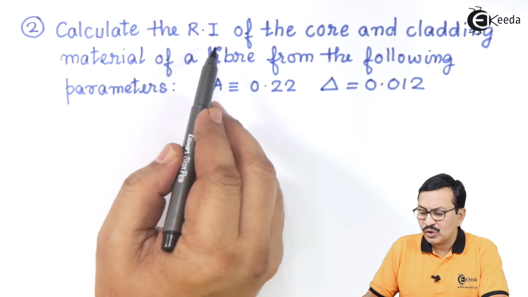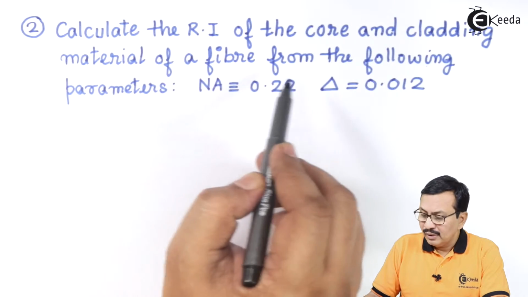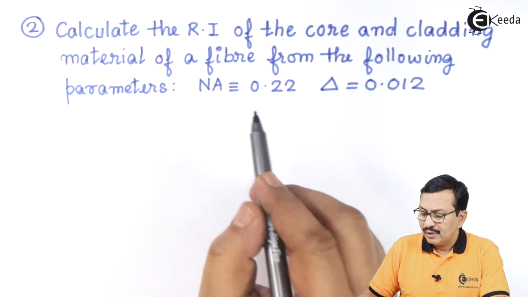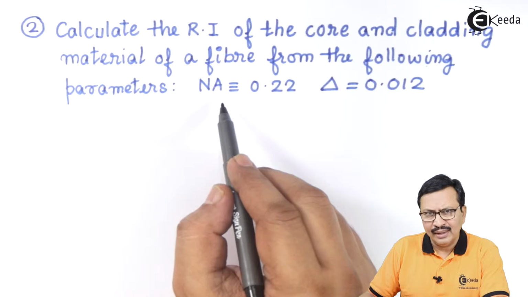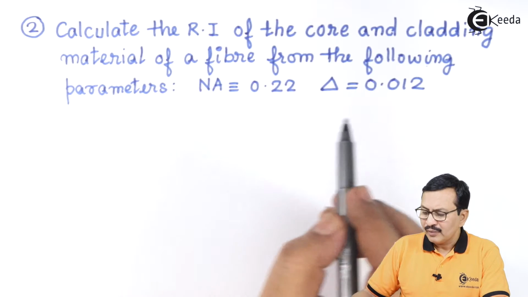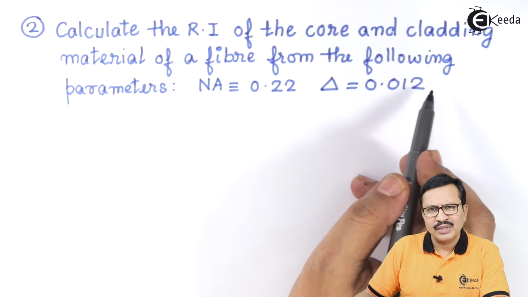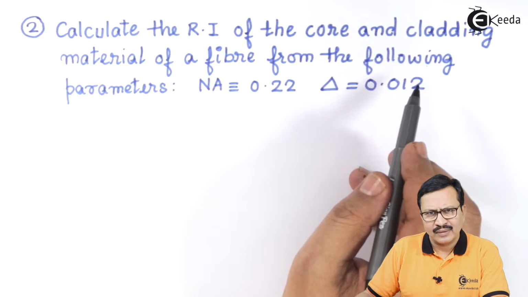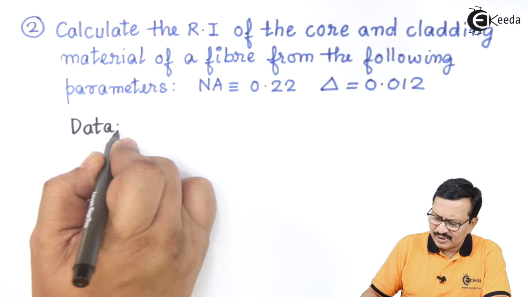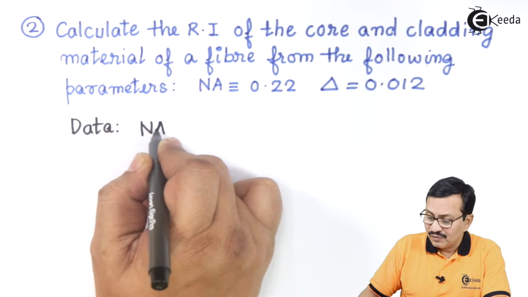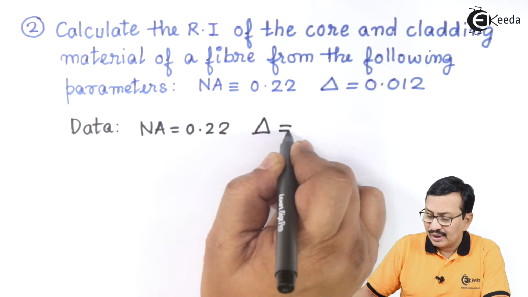Calculate the refractive index of the core and the cladding material of a fiber from the following parameters. The first parameter that is given to us is the numerical aperture, in short NA, is equal to 0.22 and delta is equal to 0.012, which is nothing but the fractional refractive index. So what is the data that has been given to us? The data that is given to us is the numerical aperture, which is equal to 0.22, and we are also been given with delta is equal to